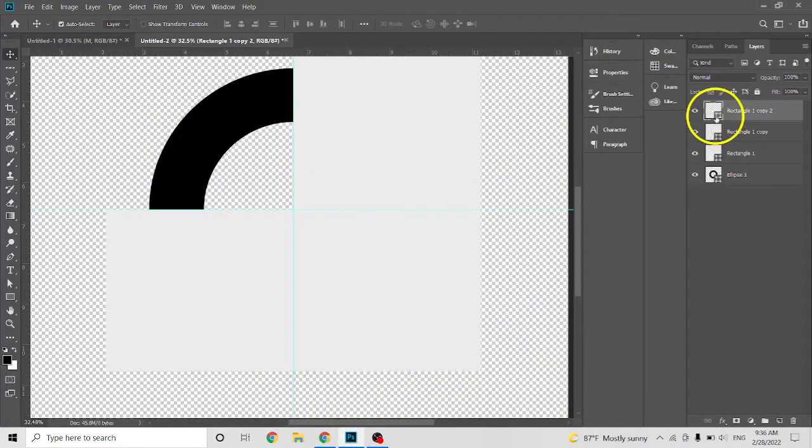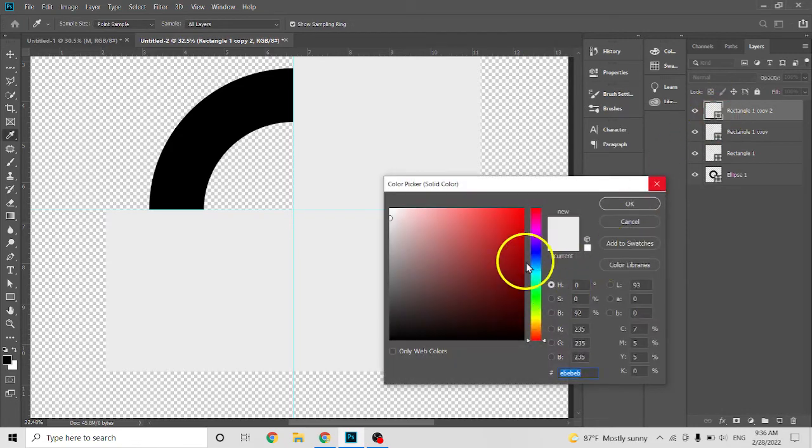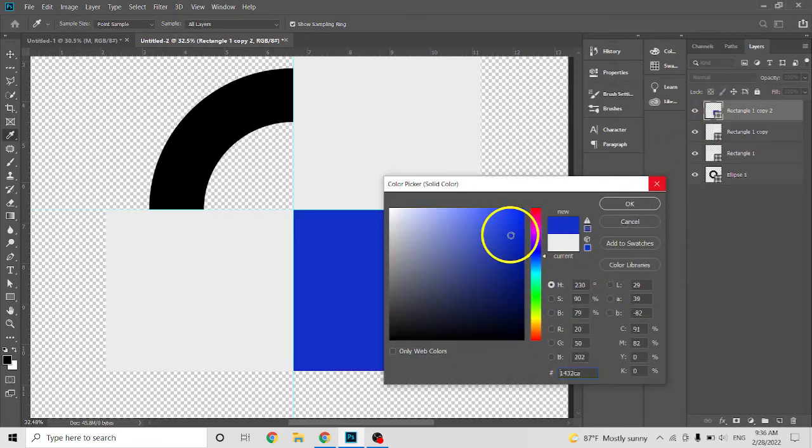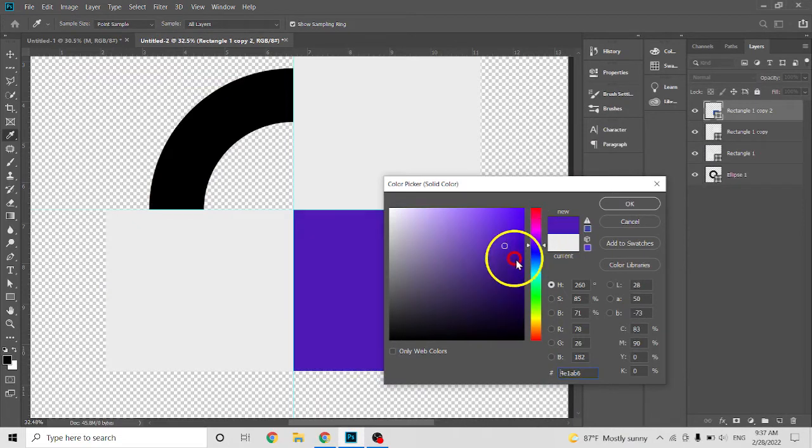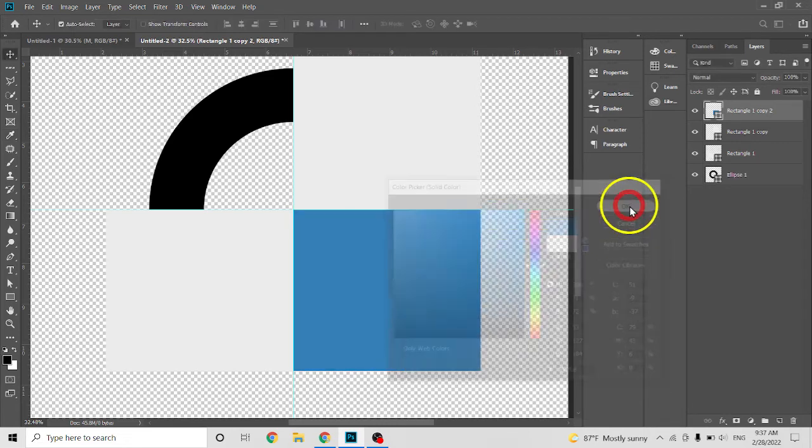So you click on this, maybe this green, not so green. Yeah, that's it. Oh no, with this color. Yeah, it's a little bit similar. Okay,